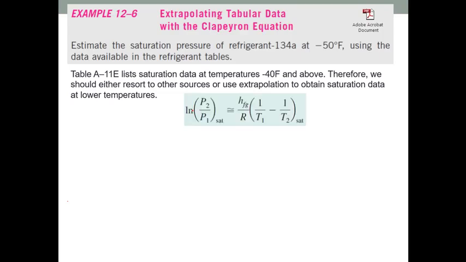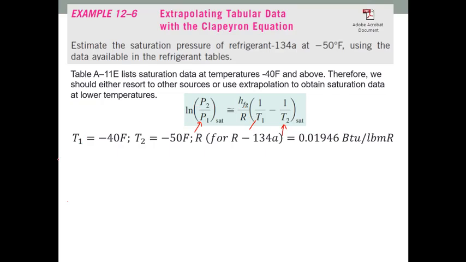extrapolate the data. Now for this case we know P1 is the saturated pressure at temperature T1, which is available from the data, which is -40 Fahrenheit, and T2 is the temperature at which we have to figure out the saturated pressure, which is -50 Fahrenheit. So the only unknown here is P2, whereas we can treat hfg as a constant average hfg if the delta T is very small. So from the table we know T1 is -40 Fahrenheit, and T2 is the point where we need to calculate the pressure,